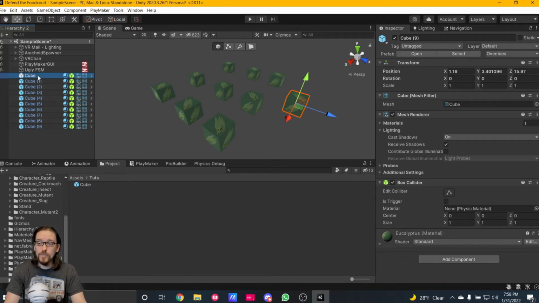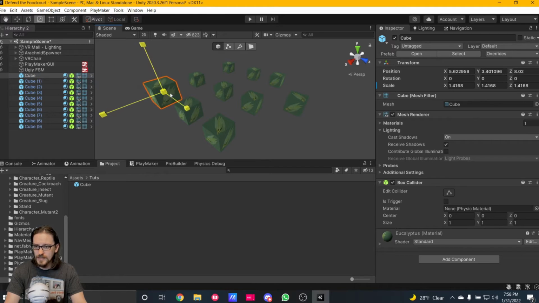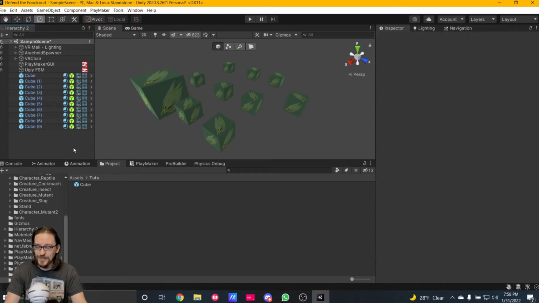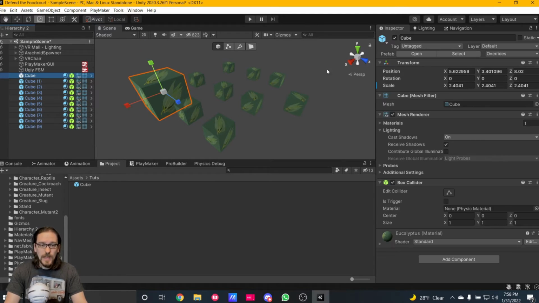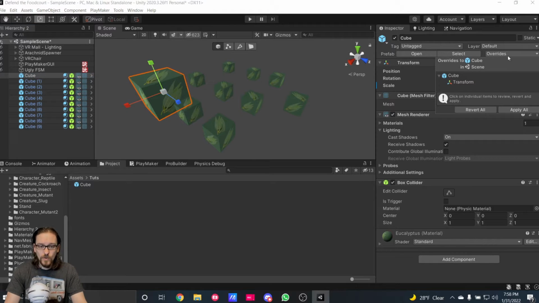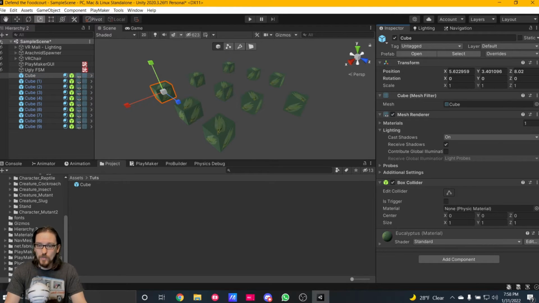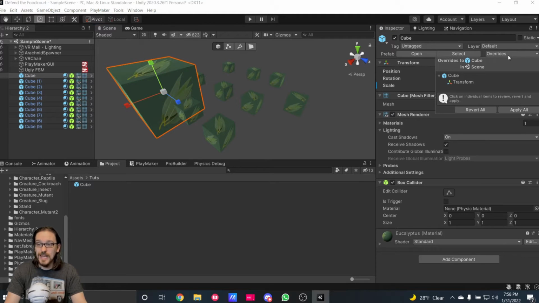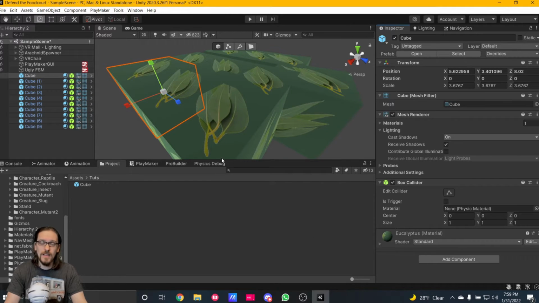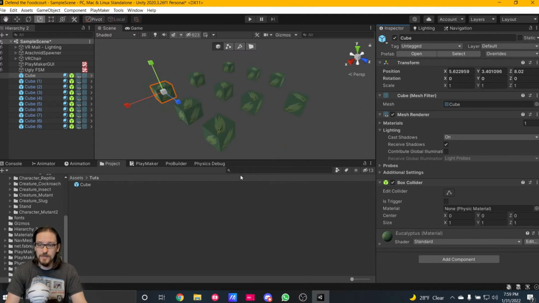What's great about prefabs is, yes, I can make changes to this specific unit. Like I could scale this one up. The scale tool never works for me. I hate the scale tool. So there, that one's now bigger. And if I come over here to overrides, I can either revert it and go back to how it was, or if I scale it up again, let's say I want it to apply to the prefab, I can come over here and click apply all, and now all of my game objects that are from that same prefab